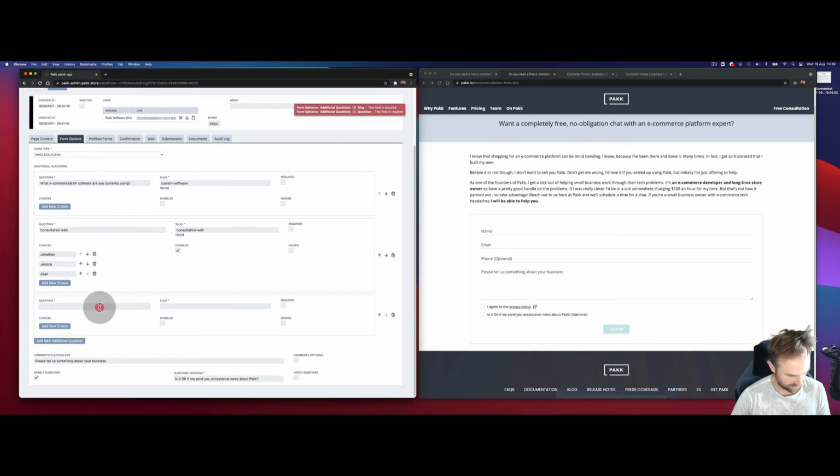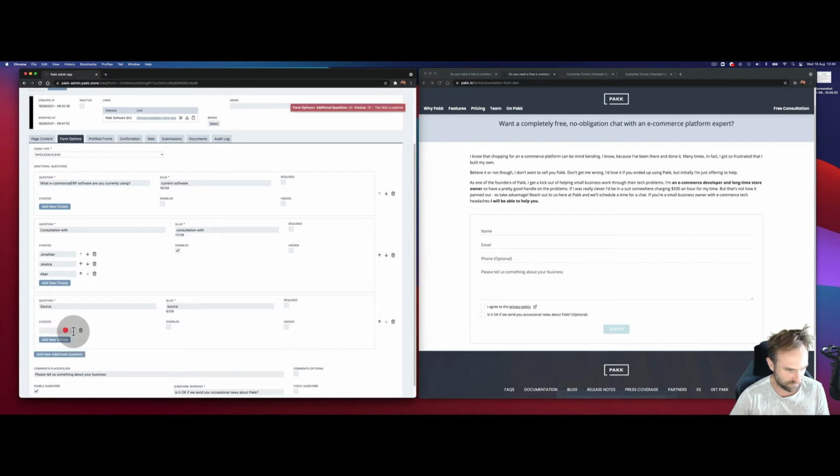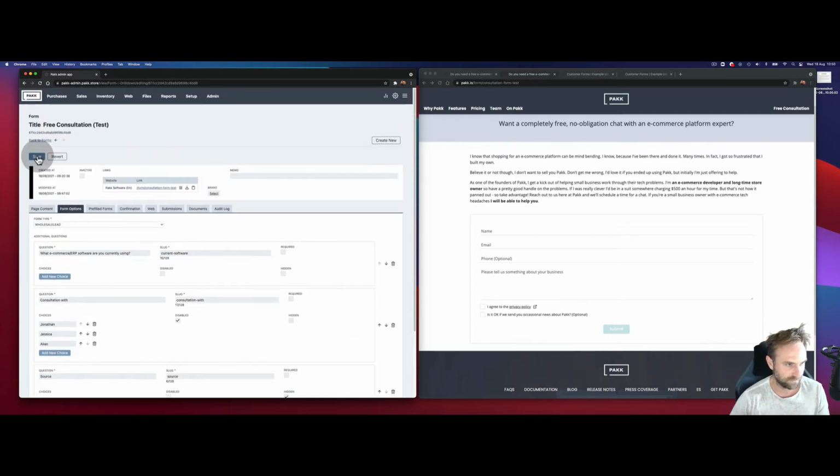And then the final question we're going to add is source, as in where did this come from? Okay, so we're not going to go in and set up lots of different sources now. We're just going to add one, which is going to be business card, because what we're going to do is set this form up so that we can link it from business cards that we would create for the Pakk team. So let's do business card there, and that's going to be hidden. Okay, because that's not even going to show. It's going to feed through the form collection process, but it's not even going to show. Okay, so we'll start with that, save that,